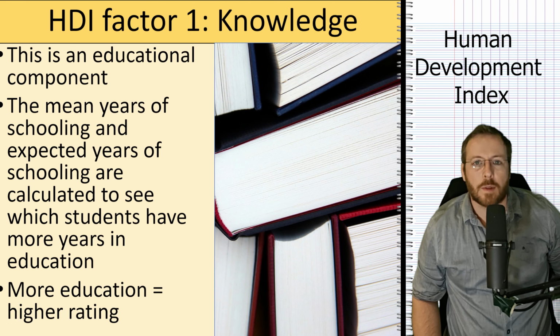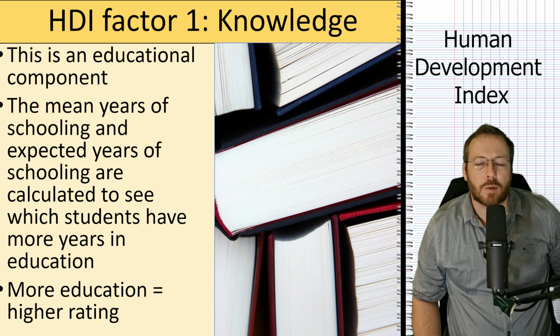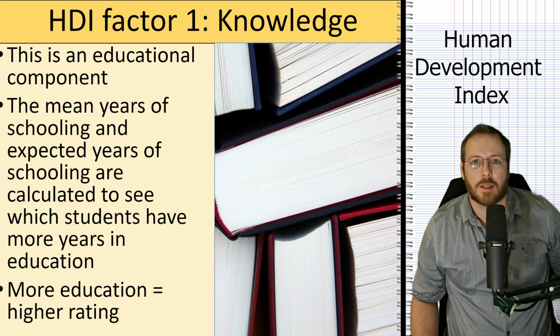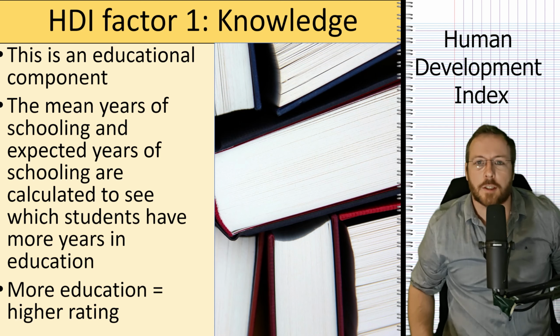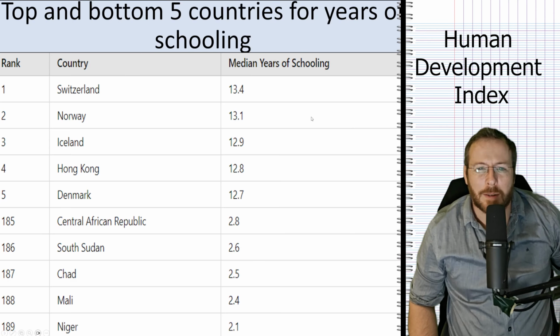A few years ago, the UK changed the rule from 16 to 18 years when you're allowed to leave. This frustrated a lot of people that wanted to get straight into working and earning some money and looking after themselves. But generally, the UK and Europe try to educate their citizens for a really long period of time. In some other countries, that's absolutely not the case. How about you check online and find out how many years of schooling you have in your country? Let's have a little comparison.